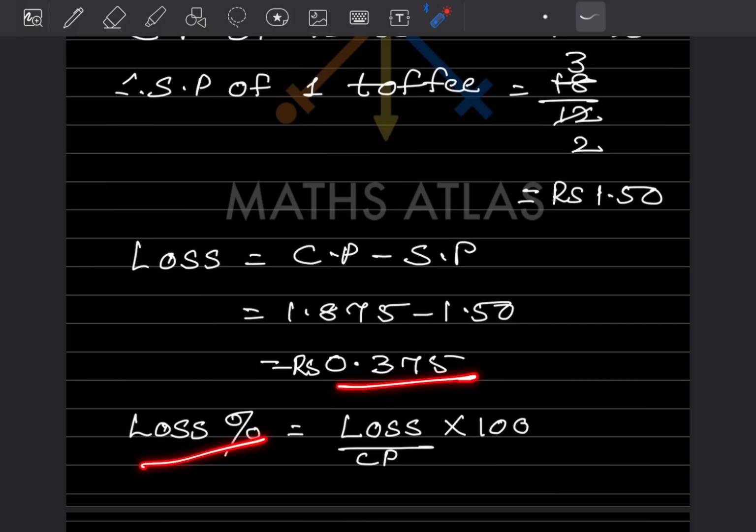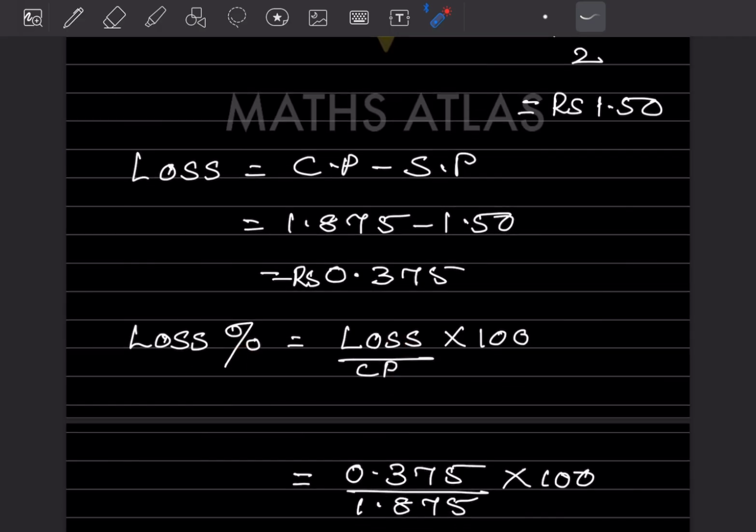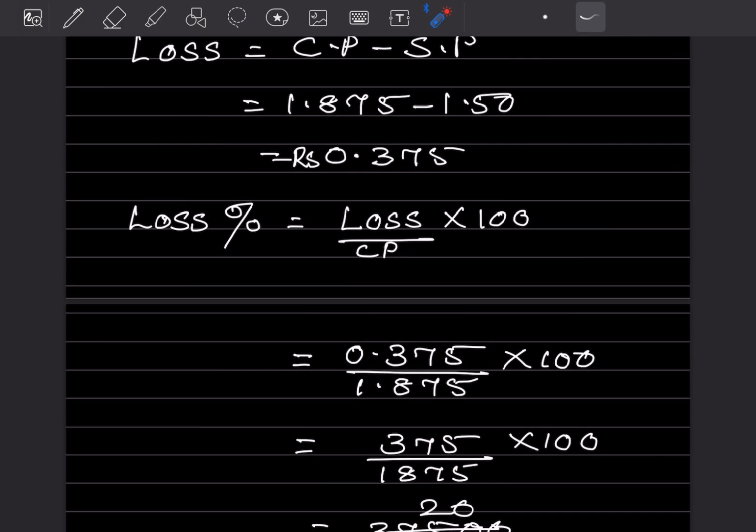So we have to find out the loss percentage. The formula for the loss percentage is loss by cost price into 100. So loss is 0.375, the cost price we got as 1.875, into 100. Now see here, without using the calculator, how to simplify this one. So 0.375, we can write this as 375, and